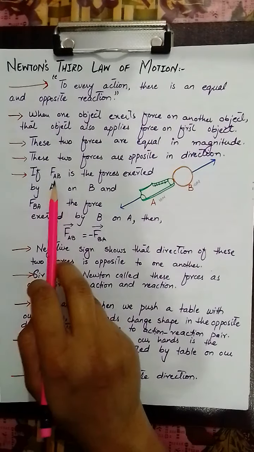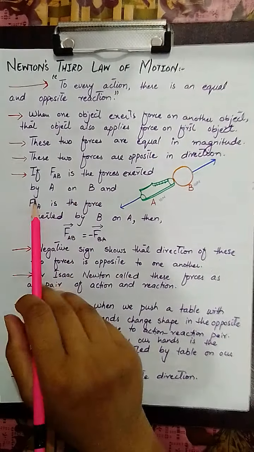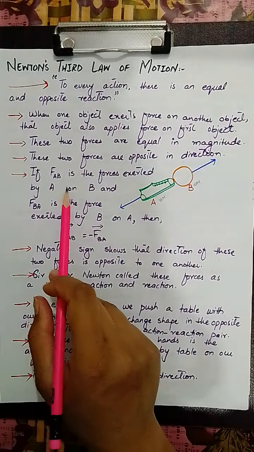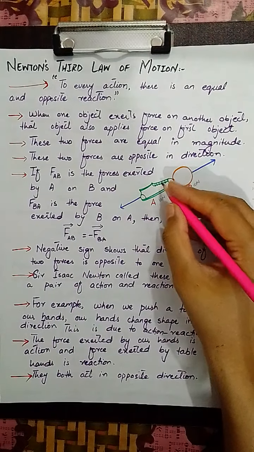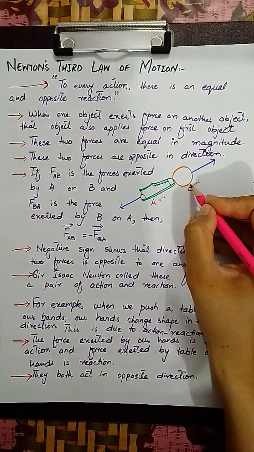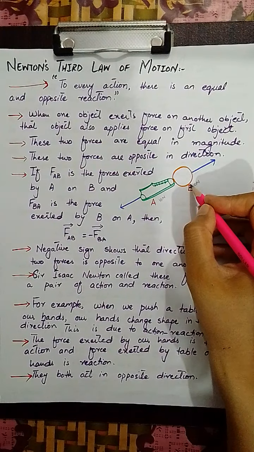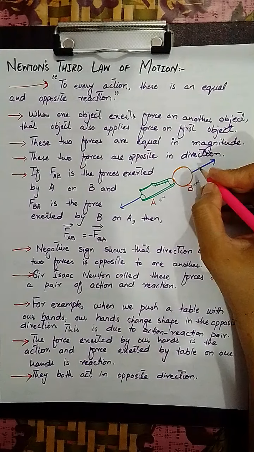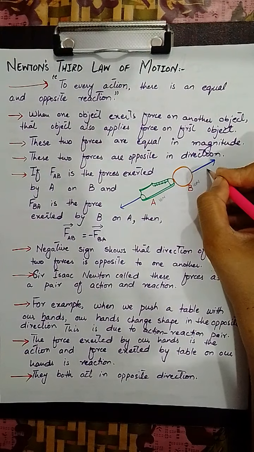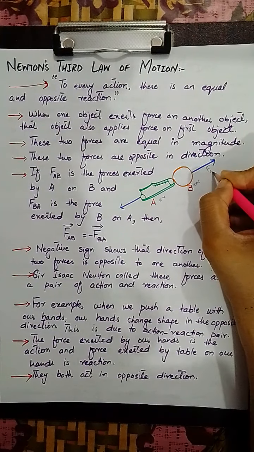If FAB is the force exerted by the object A on the object B, right? So what did we do, we gave the force our own name, that whatever force A applies on B, we called it FAB, and this force would be written with this arrow. Okay, this becomes FAB